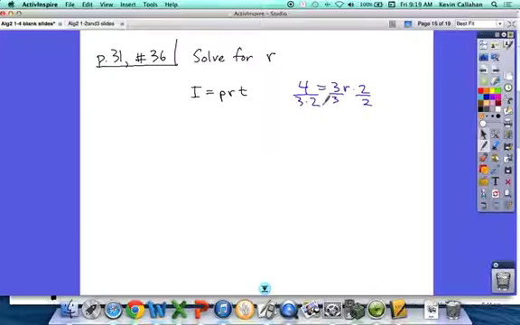So divide by 3, divide by 2, right? If you have a hard time looking at the letters, just substitute some numbers for them, if that helps you to do that. So over here, we're going to divide by p, and we're going to divide by t. Divide by p, divide by t. Right? Cancel, cancel, cancel, cancel. I equals